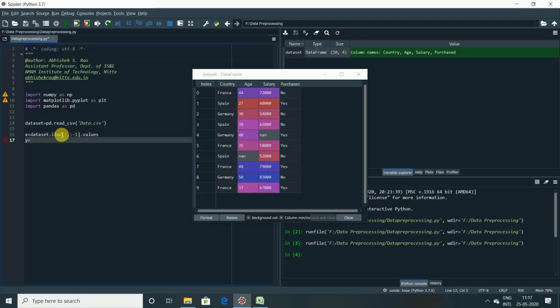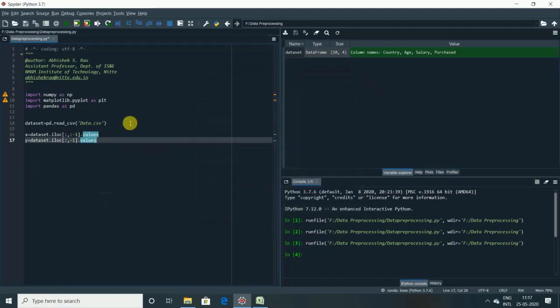Similarly, for the dependent variable, I need to write dataset dot iloc. Here I need to select all the rows but only the last column. As I told you, minus 1 represents the last column, so I'll write only minus 1 and dot values, all the values of the dependent variable. So we are done with creating the 2 entities now, right?